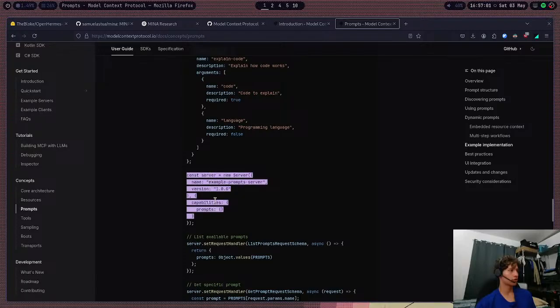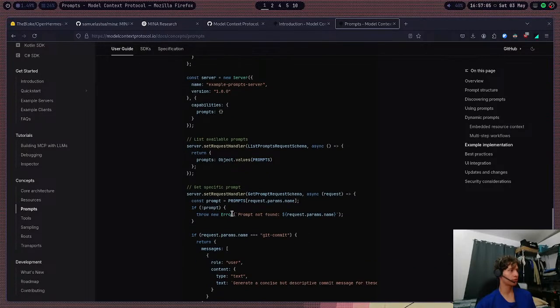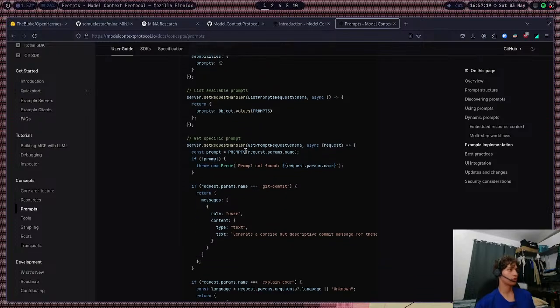Then you create a server with capabilities and an empty prompt object. When someone requests the list of prompts, it returns the values of the prompts object. And when getting a specific prompt,